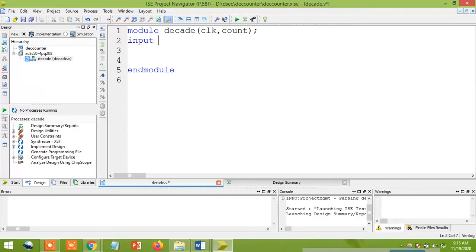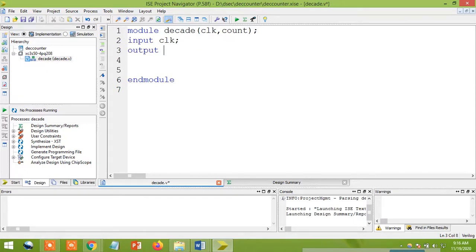Out of clock and C output, which one am I going to consider as input? We'll take the clock. Next, what is the next statement? Yeah, output.